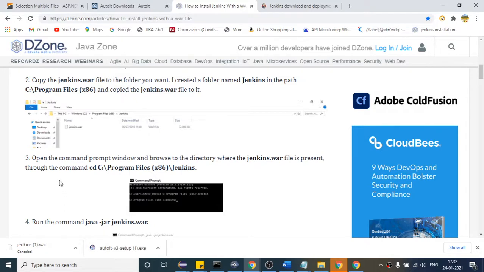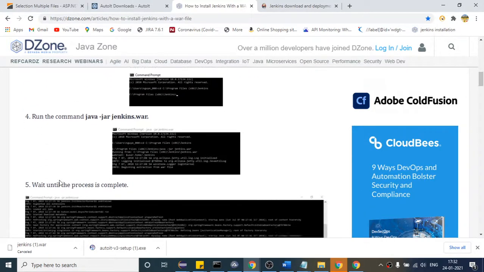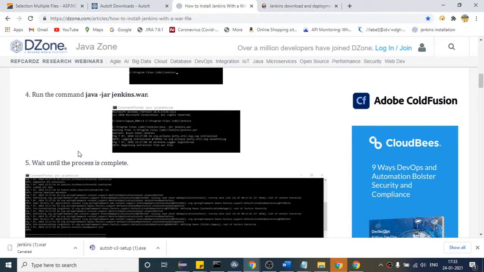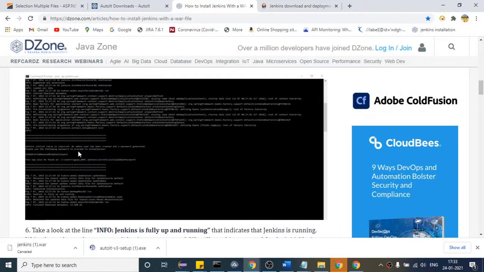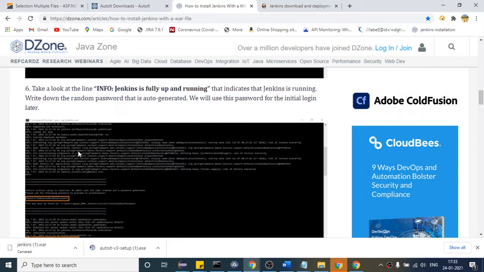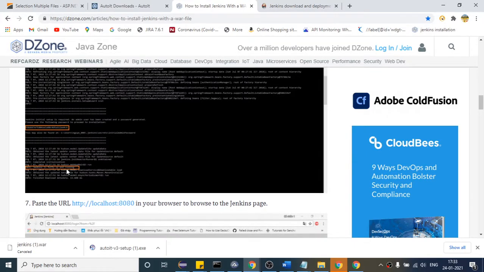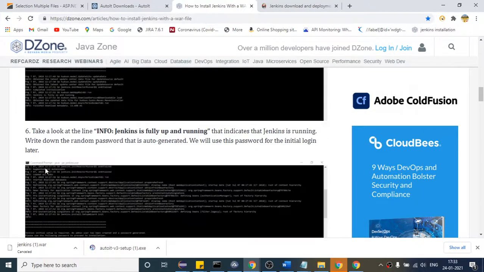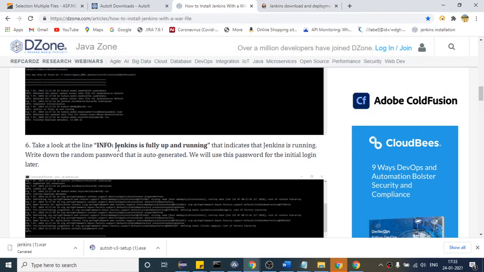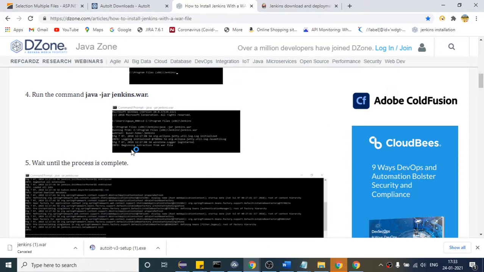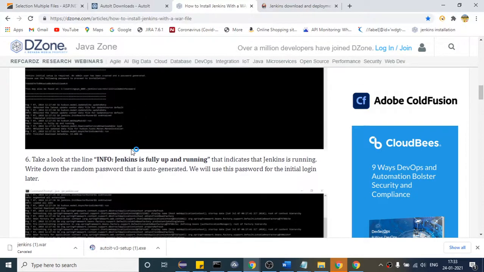They are saying the same thing again. You have to write this command, and it will take some time when you do it for the first time. Once it finishes, basically it will generate a temporary password for you.